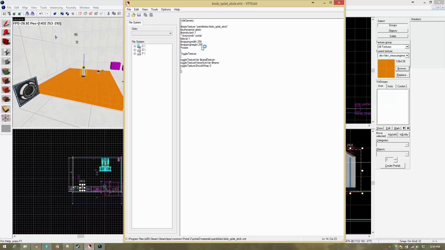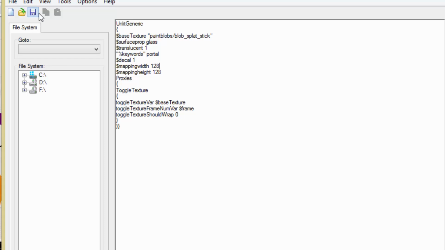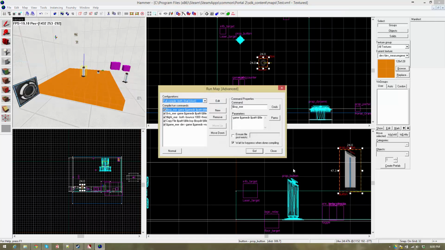Alright. So it should be in this VTF edit. This right here, I just added. This was the defaults from an example. So let me just change this to 128 and 128. It was by default going to 256. So hopefully that will change the width and height, but I don't know if it's going to, because I have